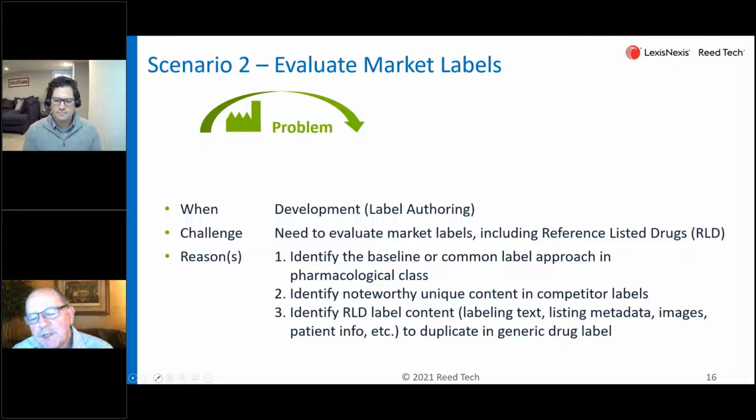By that I mean you want to actually look at the content and see what the common threads are, how the information is evaluated, how it is presented, and what the authoring technique is to compose these labels that you might bring to the market. Obviously there are these 17 sections inside a label that need to be addressed using the PLR format, but how you actually go about doing that and looking at a precedent or a baseline